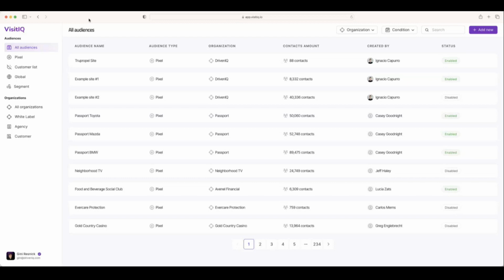This is our audience platform. It's called VisitIQ. The URL is app.visitiq.io. Essentially, it was originally designed to be a self-service SaaS platform, but we've now migrated and pivoted to a more managed service audience management platform that is designed to give the end user access to audiences at 3 different